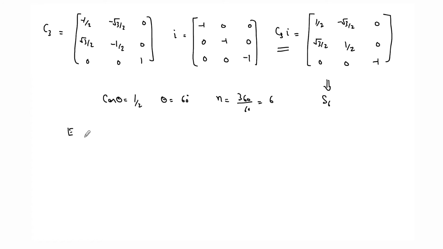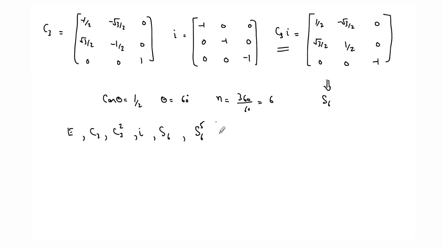So now what you have obtained is you have gone to a little higher number of elements. You have obtained S6. Now if you calculate the square of S6, what else do we have? S6 square will be C3. S6 to the power 4 will be C3 square. So what you will have is S6 to the power 5, which will be an independent operation, right? Now S6 to the power 5 will also come as a product of one of these, maybe from I to C3 square and so on and so forth.